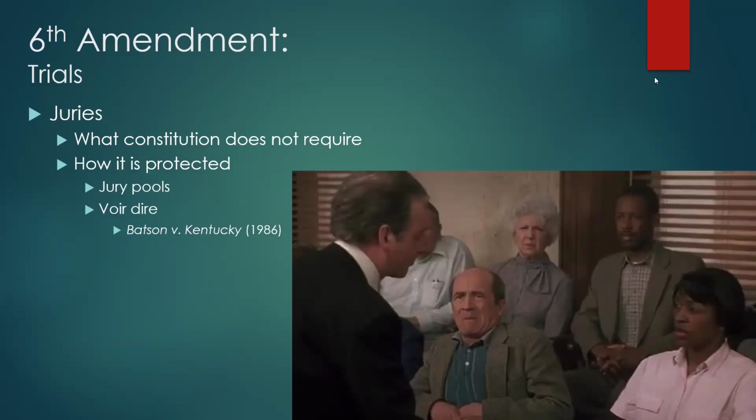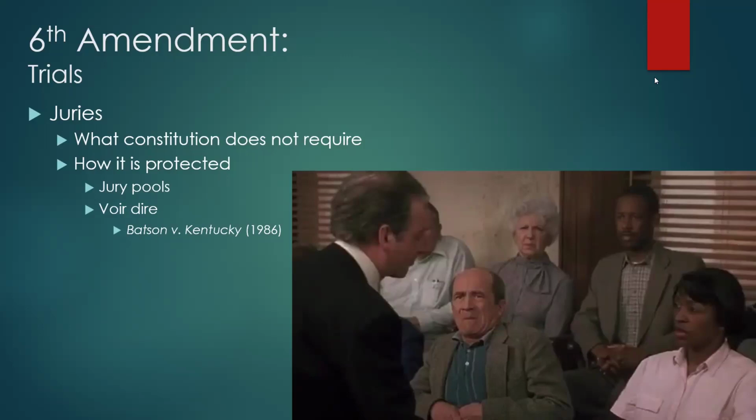In that case, the Supreme Court held that the prosecution had violated the 6th and 14th Amendment because he had used his peremptory strikes to eliminate all African Americans from serving on the jury in a burglary trial against an African American defendant. Okay, so it smacked of racism. So that conviction was overturned because of the way the attorney had used voir dire to eliminate all African American jurors. So if you make a Batson challenge, the person asserting it has to show that the prosecution was using the voir dire process in a racially discriminatory fashion.